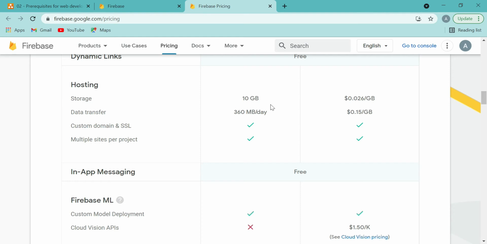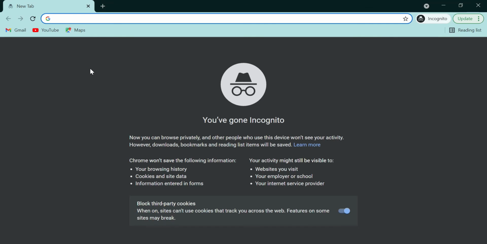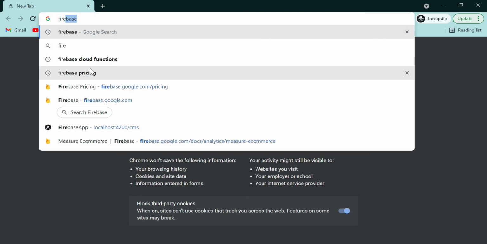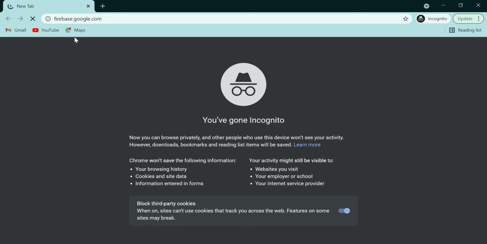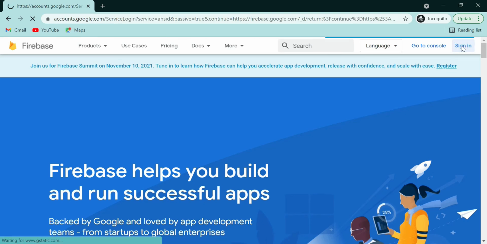To create the Firebase hosting account, you need a Gmail account. If you don't have a Gmail account, first create the Gmail account, and then try to log in to Firebase at firebase.google.com. Just enter this website, click on sign in here, and sign in with your Gmail account.